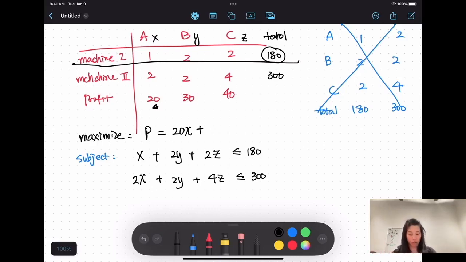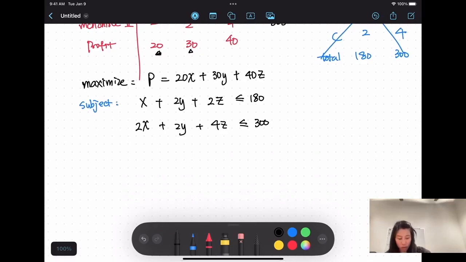Okay, anyway, let's get back to the profit. We just finished the profit from the A product. For B products, our total profit is going to be 30 times each product you make out of B, which is 13 times Y, plus 14 times Z. This is the total profit from the C product. So here is going to be our subject function and the maximize function, which is the object function. If you use the simplex method to calculate it,